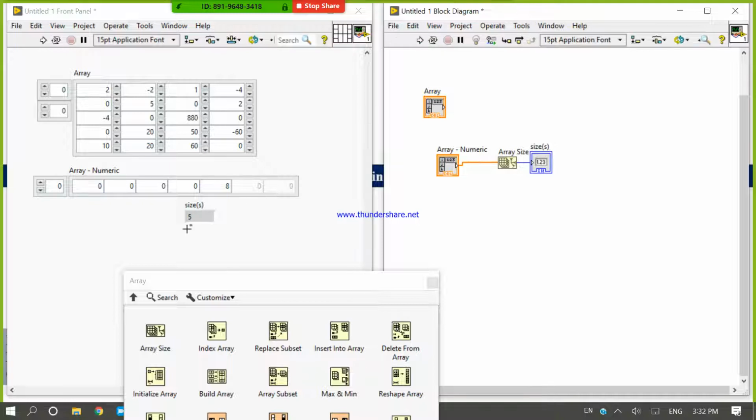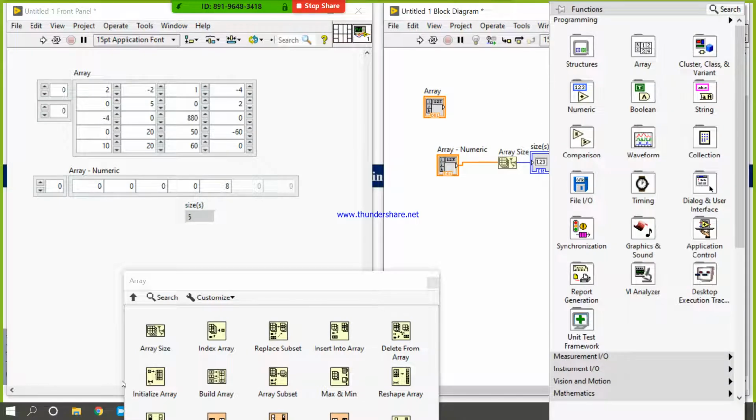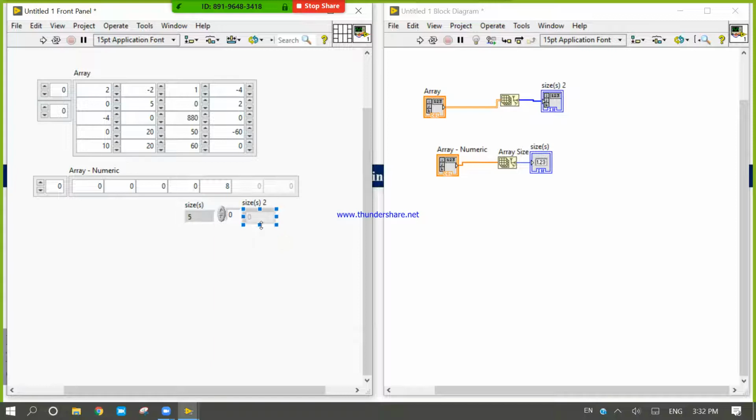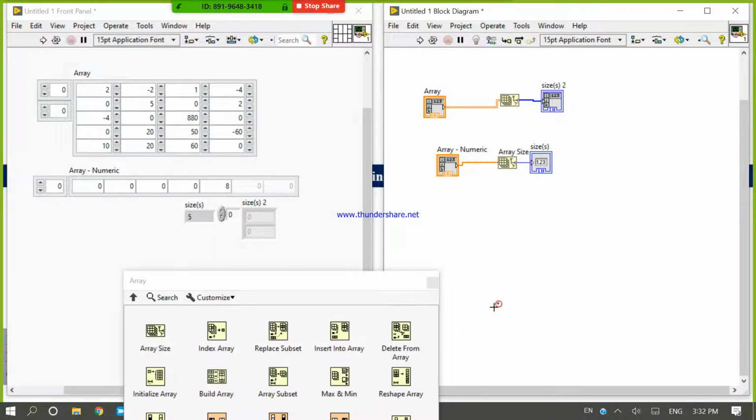If you try to find the array size of a 1D array, you will get a scalar number 5. But if you want to find the array size of a 2D array, then you will get a 1D array output, because 2D has two indexing, x cross y, i cross j, a cross b, m cross n.